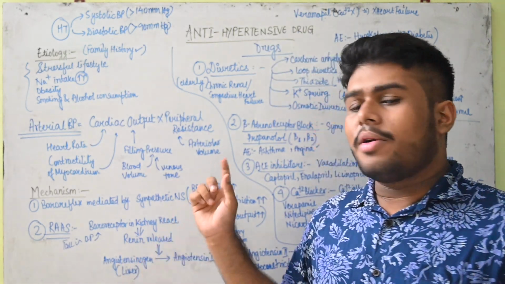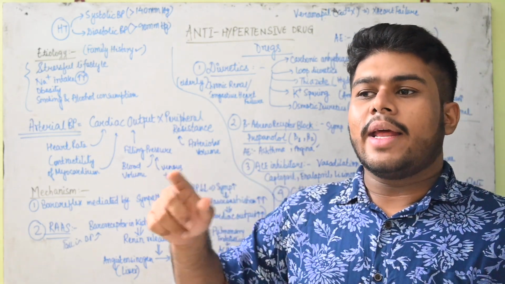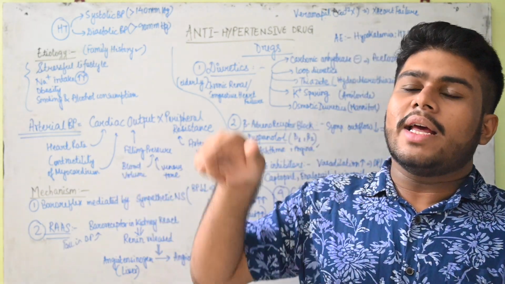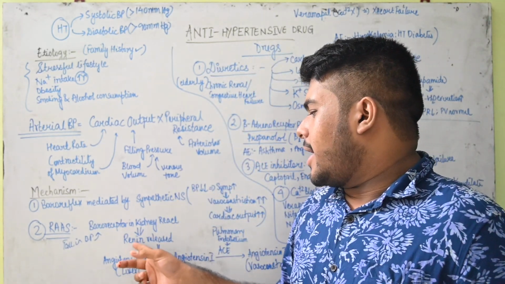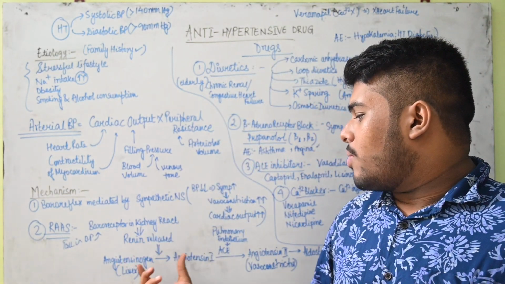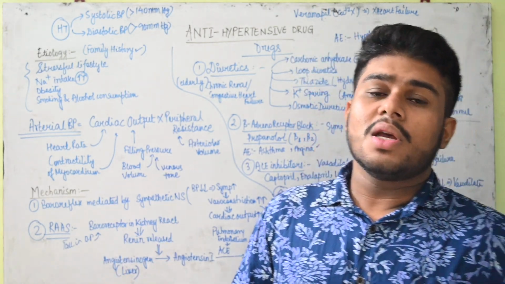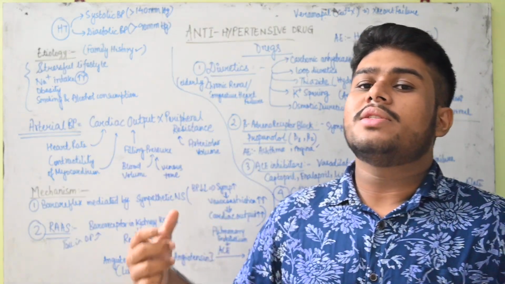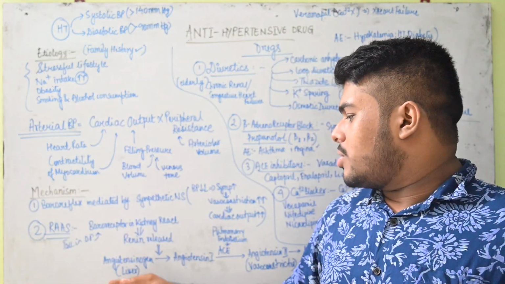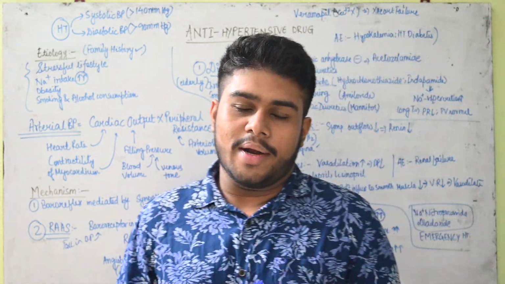Renin will be released. Remember, this is renin, and not rennin, that was basically an enzyme associated with the digestive system. So this is renin. This is released, and what will this cause? Something called angiotensinogen, which is produced from the liver cells. The hepatocytes produce angiotensinogen, and that angiotensinogen in the presence of renin is converted into angiotensin 1.